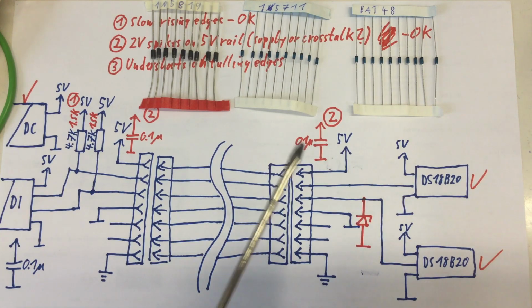And I didn't know that, but obviously these devices are quite sensitive to such undershoots because their internal parasitic power circuits have some diodes in them, 2 to ground and 2 to 5 volts, and if the signal line goes below 0.7 volts, that can do funny things to them. At least that's how I understood